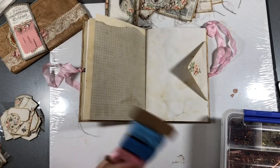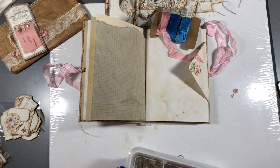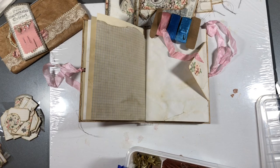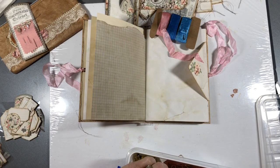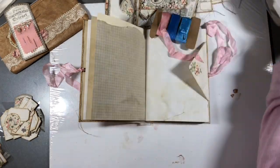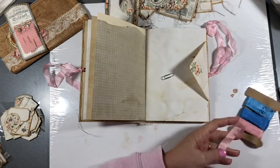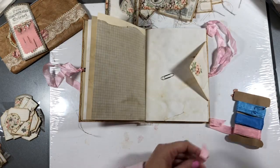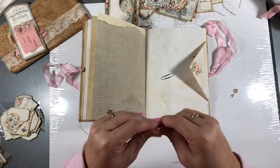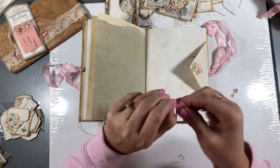And on the paper clips, I always like to add some ribbon or some lace or seam binding. So I'm nearly out of small paper clips. So I always just get a plain paper clip, just cut a length. I probably waste so much seam binding because I just cut it and hope that it's long enough, and if it's too long I just trim the edges off, but all the little